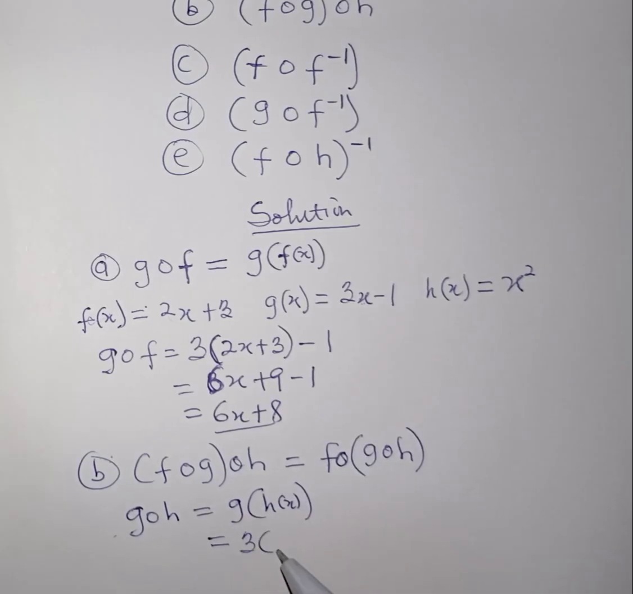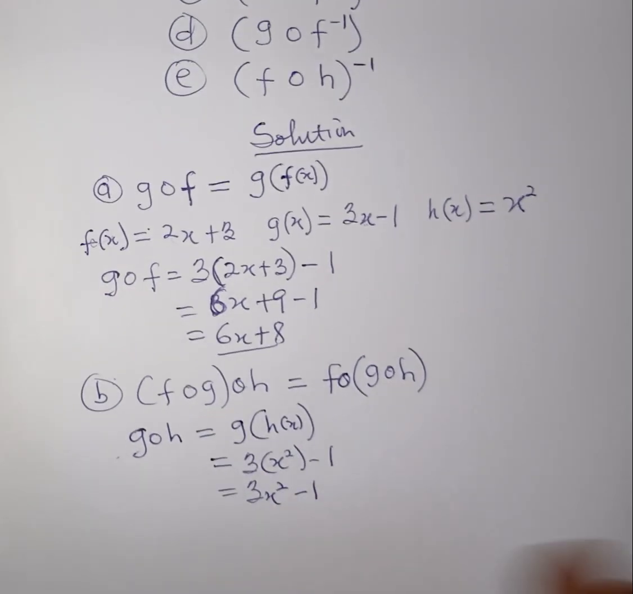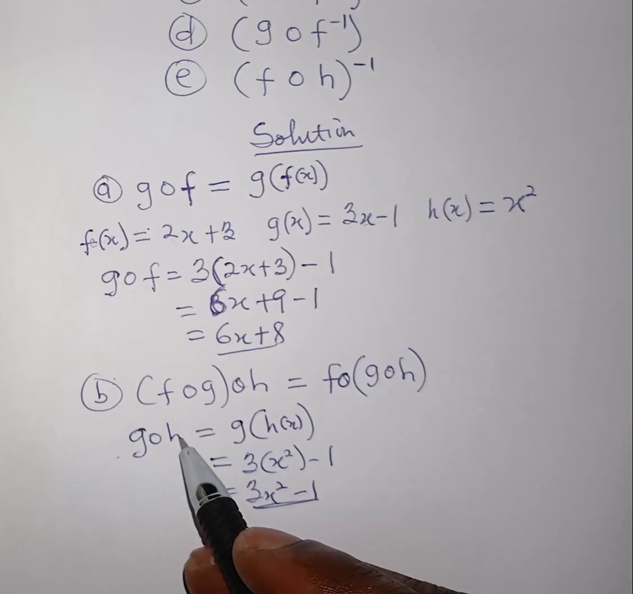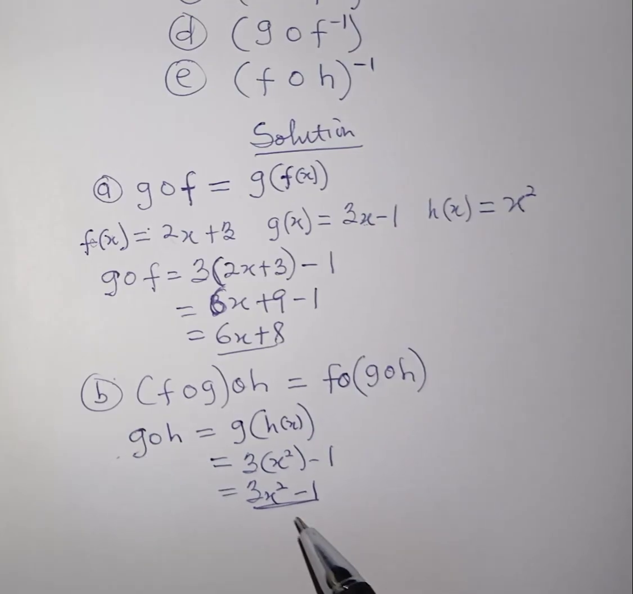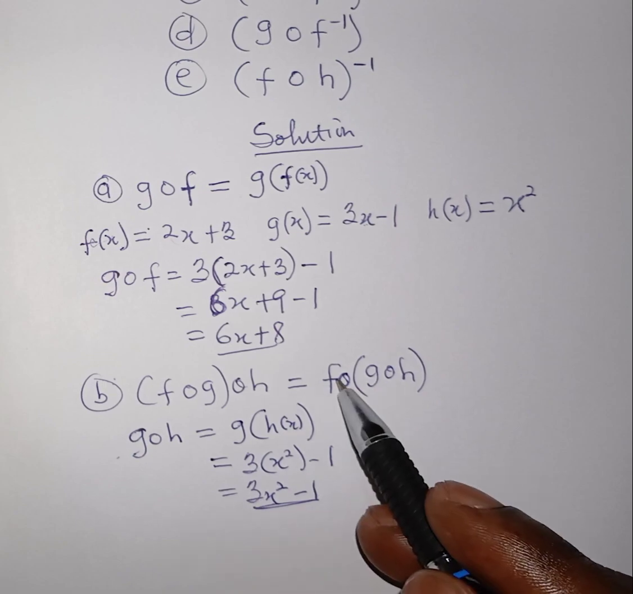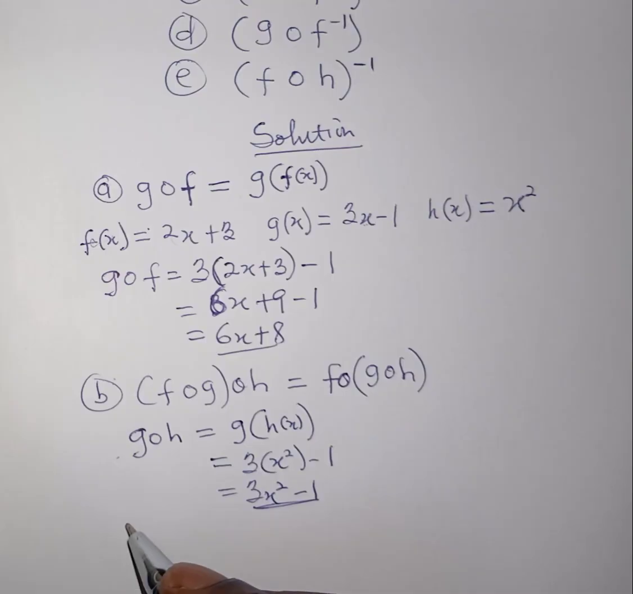And that will be 3 times x squared minus 1. And that gives me 3x squared minus 1. Great. Now, once I have gotten this, and this is for g o h, h followed by g, it means after that I'm going to put the entire thing in f. If that is the case, then my f o g o h